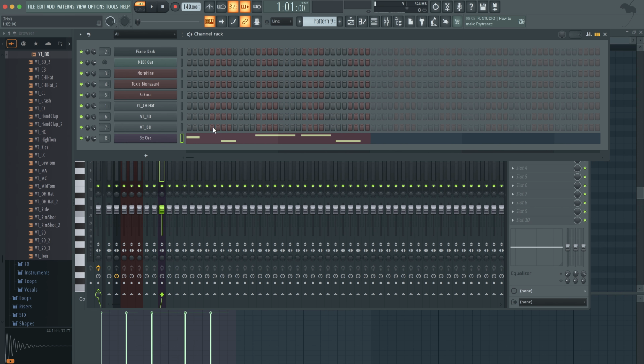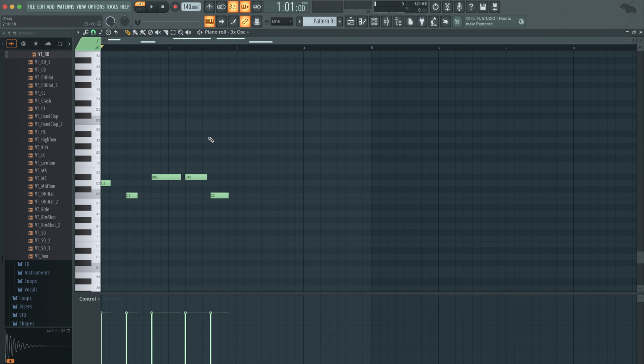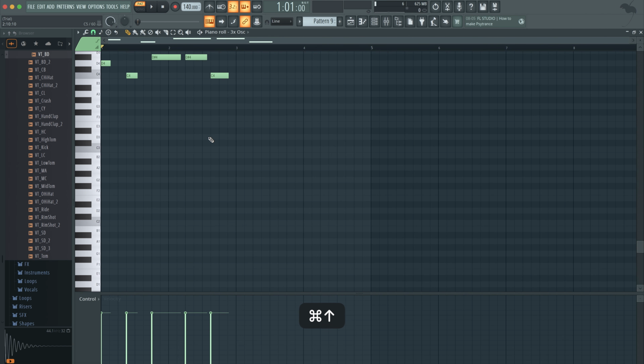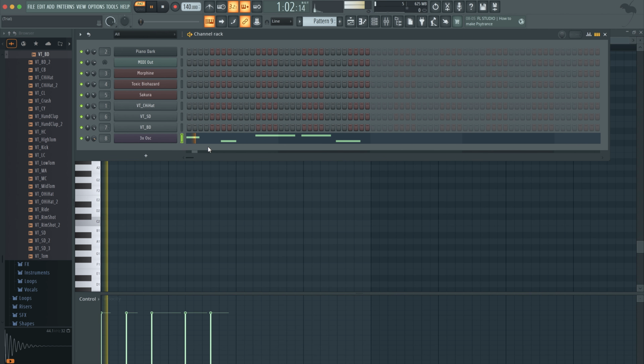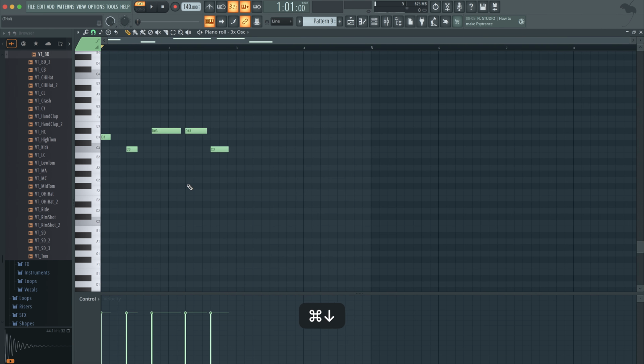So what does this do? It creates a sub bass. It's so low you can't even hear it. So click inside the piano roll, hit Control up till we can hear it. So it just creates that bass tone. And we can add this underneath the track. Now, if you're on iPhone headphones or phone headphones, you might not be able to hear this.